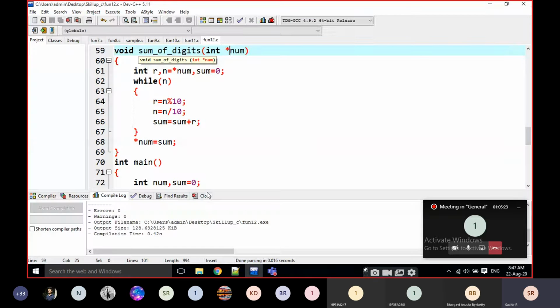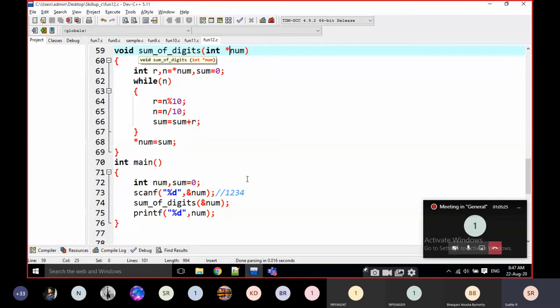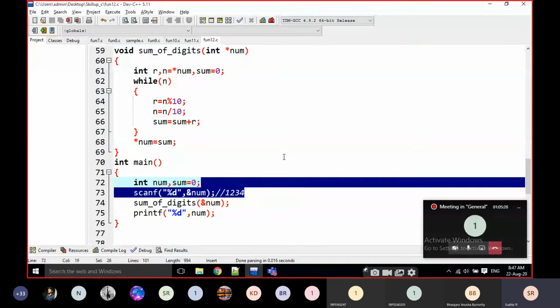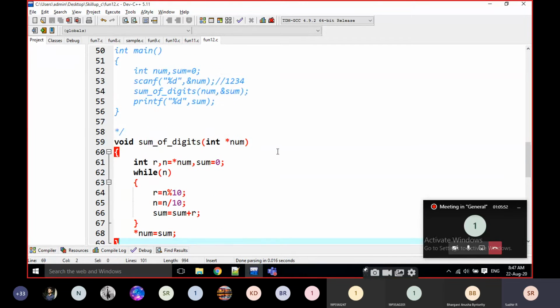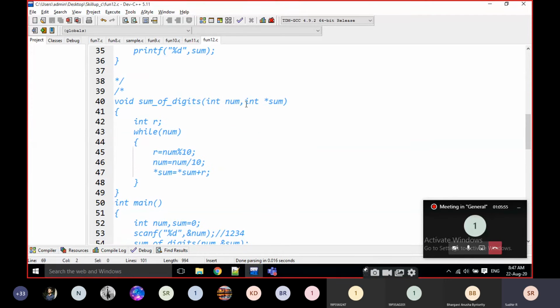That's it. I am working the same programming in 4 different methods. We have to get a clear idea about the 4 different methods when we are practicing all the programs. Try to practice all the programs in these different manners. The first is only the general function, general programming, and the second one is using a function with return value. The third one is using a function without return value, but the result is passed as an argument.